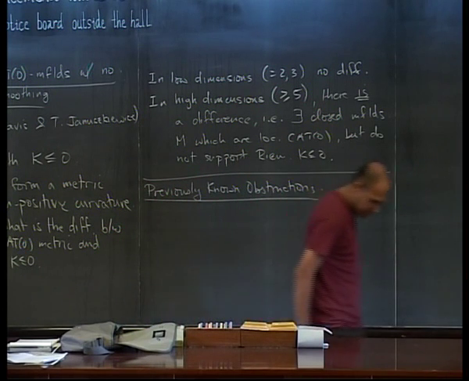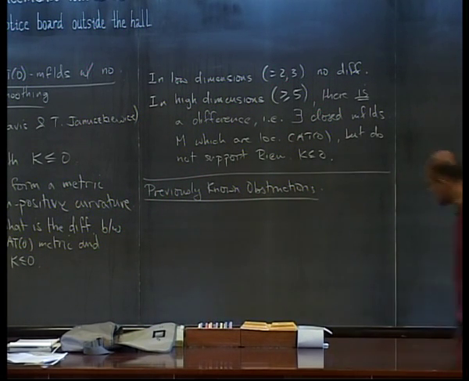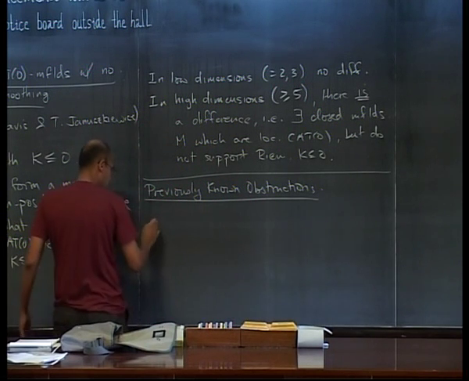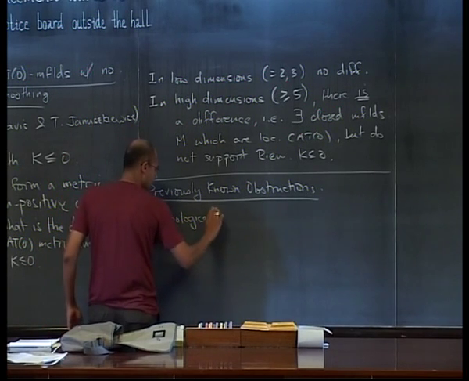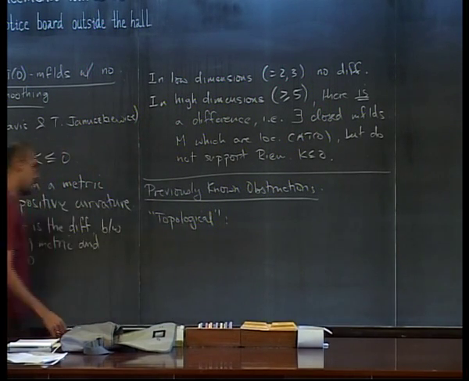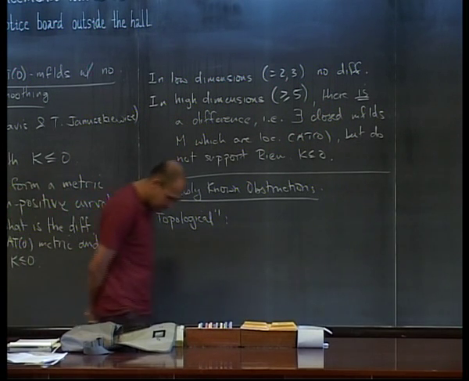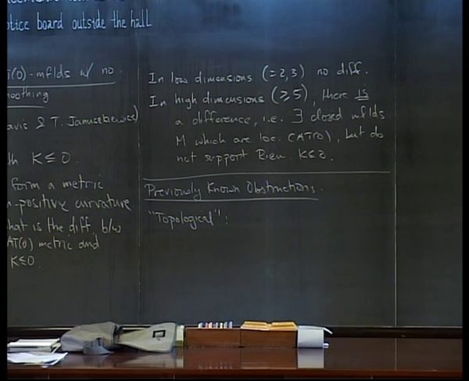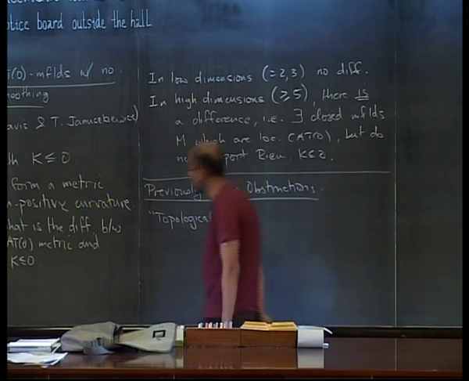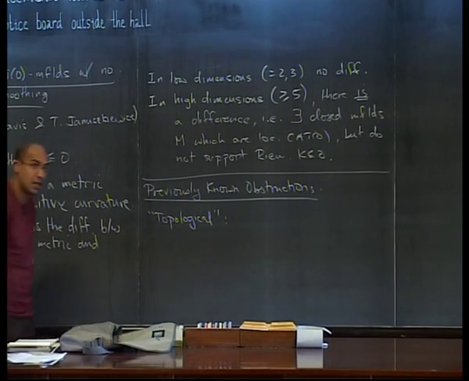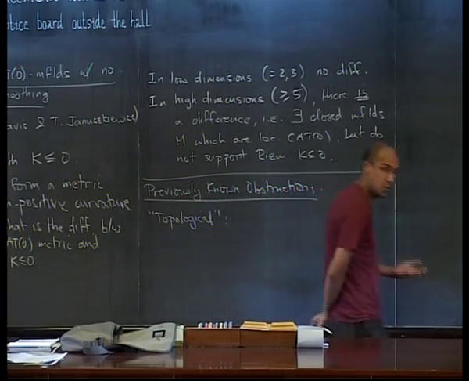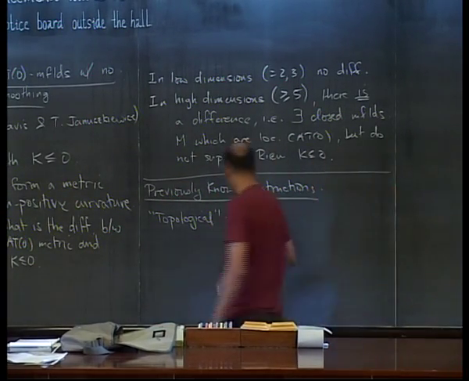These fall into two categories, which I call topological as opposed to geometric. On the one hand, you've got topological obstructions. To explain that, there are various categories you can work with. In order to have a Riemannian metric of non-positive curvature, you need a smooth manifold. But when talking about manifold topology, you can also just talk about a topological manifold or a PL manifold. And there exist examples which are non-smoothable. So these are the topological family of obstructions.